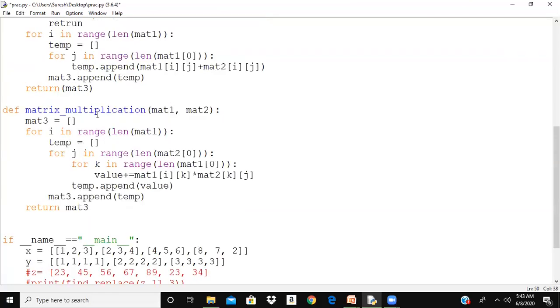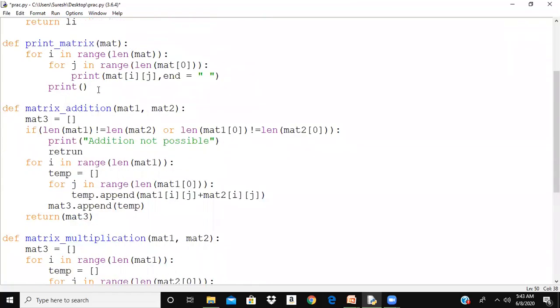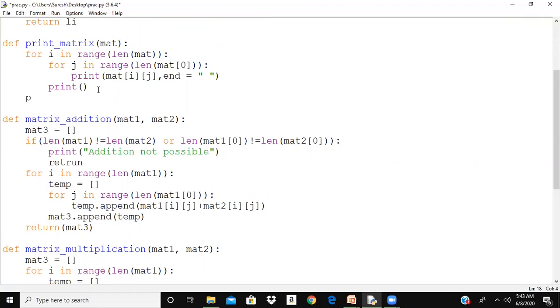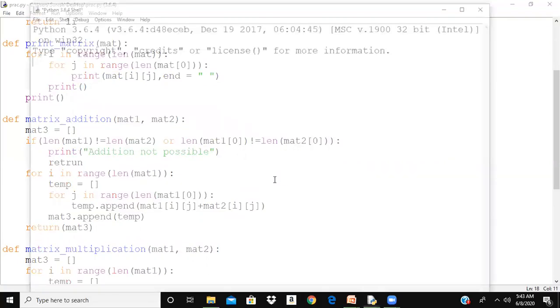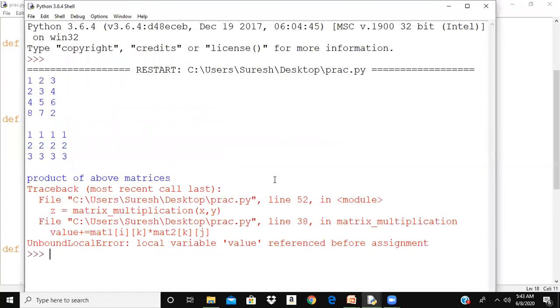Okay, in the print function, let me add an additional print here. That will give an extra new line. Run. Everything is fine, we will get this. Product of above matrices, there is a problem here. Local variable value referenced before assignment. Value plus, okay.